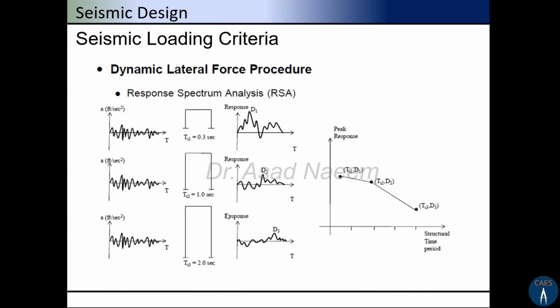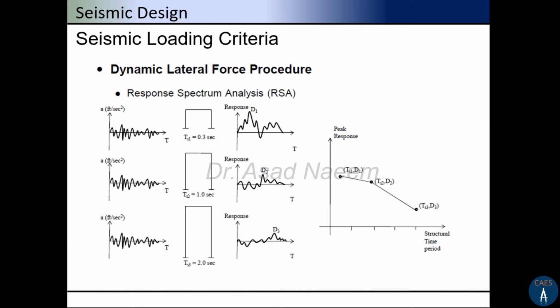Similarly, at different time periods we have different maximum displacements, and we record these as compared to the spectral acceleration, and these peak displacements can be plotted in this curve, and this response spectrum can be applied on a building structure to evaluate its response